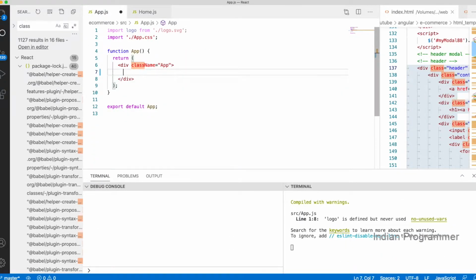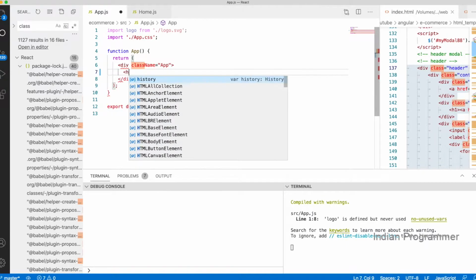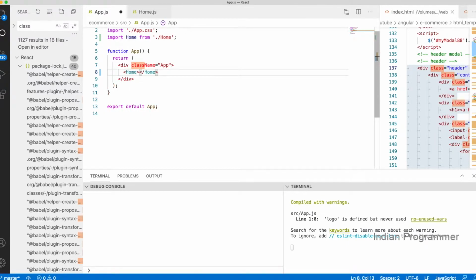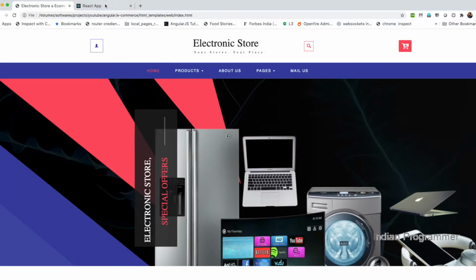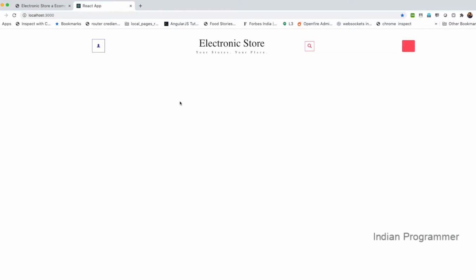Okay, now I need to call the home page here. Okay, now let me see the output. See, you can see the header comes without any error.